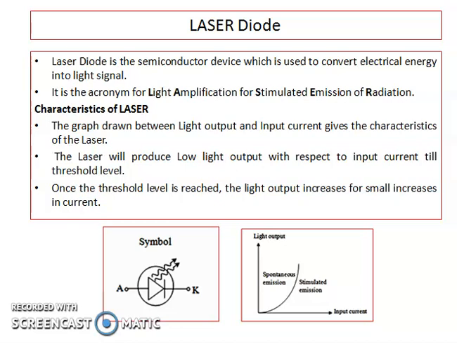Regarding the characteristics of laser, the graph drawn between light output and input current gives the characteristics of laser. The laser will produce low light output with respect to input current till the threshold level. Once the threshold level is reached, the light output increases for even a small increase in current. From the characteristic curve, we can easily identify that when the input current increases beyond a certain limit, the light output increases